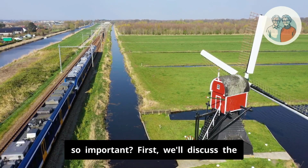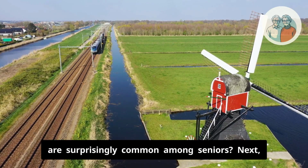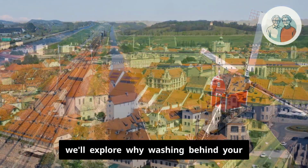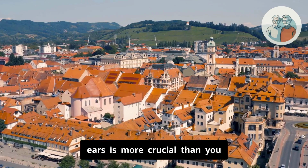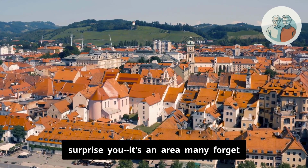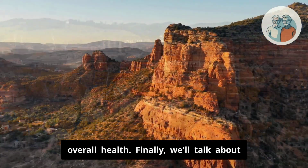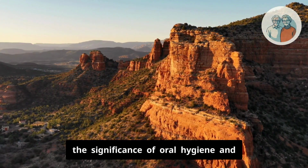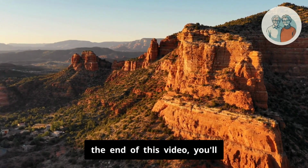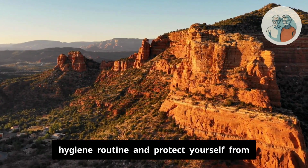First, we'll discuss the importance of keeping your feet clean. Did you know that foot infections are surprisingly common among seniors? Next, we'll explore why washing behind your ears is more crucial than you might think. The third point will surprise you. It's an area many forget, but plays a vital role in overall health. Finally, we'll talk about the significance of oral hygiene and its connection to heart health. By the end of this video, you'll have practical tips to improve your hygiene routine and protect yourself from common